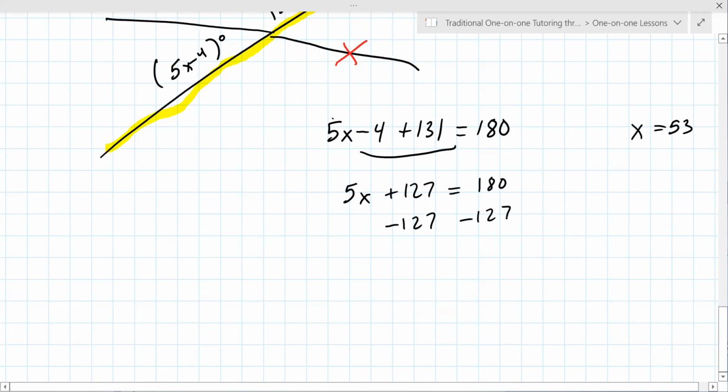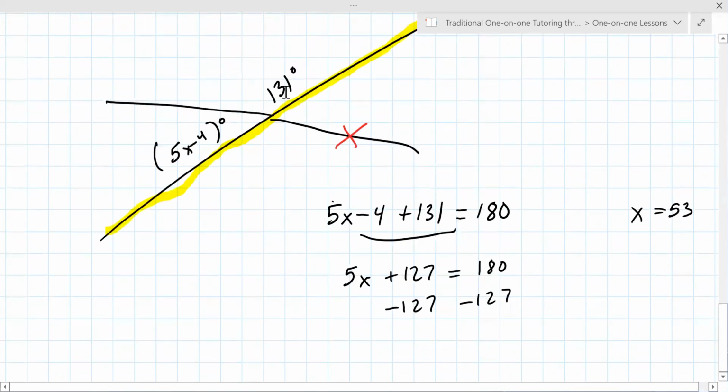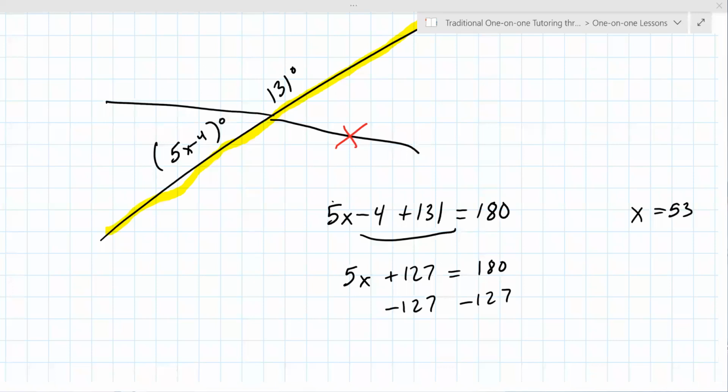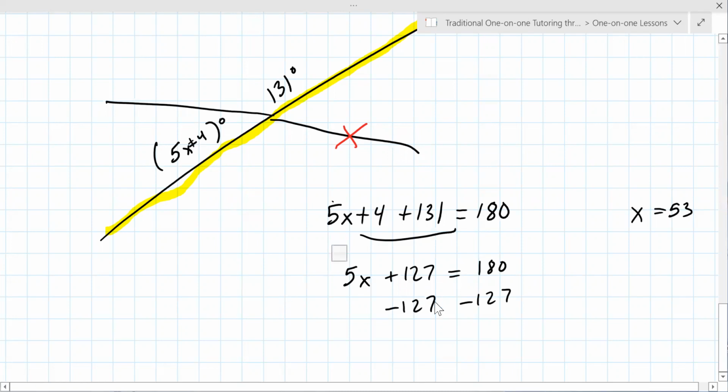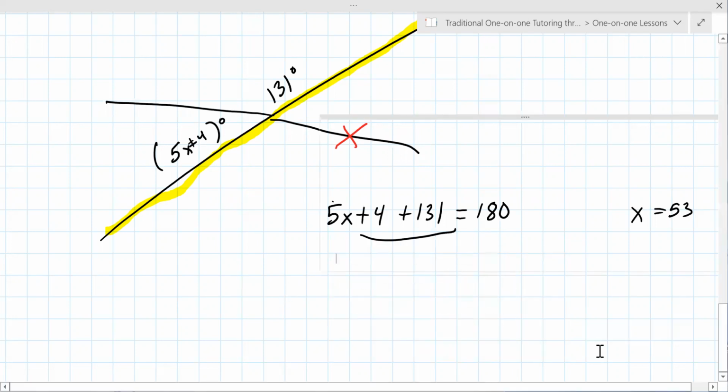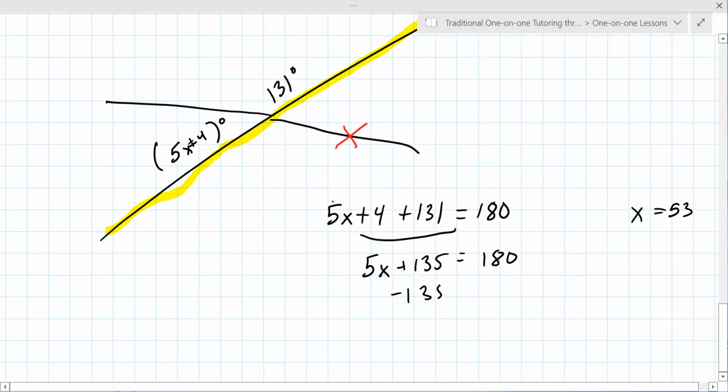Yeah. Okay. Now, interestingly, this one doesn't work out very nicely. Hang on a second here. I may have not given you one that works out. Sorry, this is a +4. That changes everything. Yeah, that's why it didn't work out here. So it's 4 plus 131, which is 135. When you subtract 135 from both sides, you get